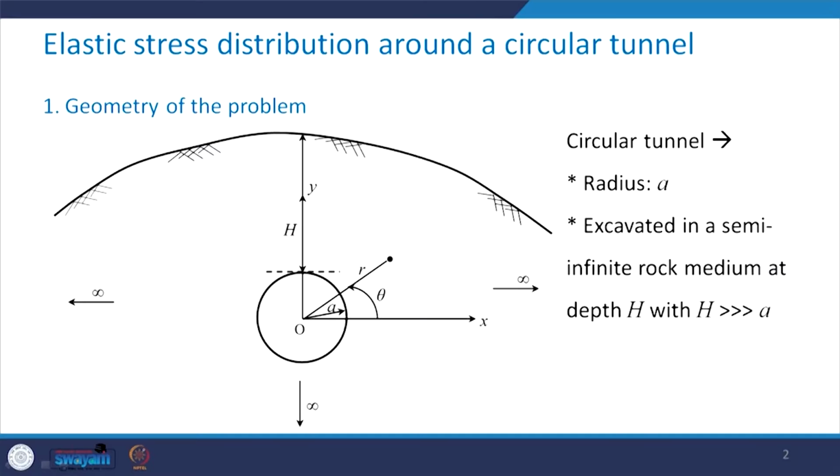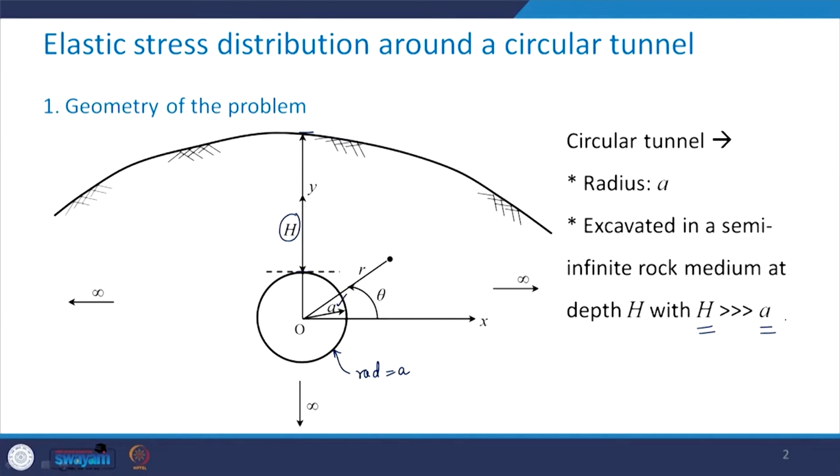To start with, look at this figure, and here you have this excavation in the form of a circular tunnel which has the radius equal to a. That has been shown here. This tunnel has been excavated in a semi-infinite rock medium at a depth h, which is the depth between this point and this point on the ground surface. You need to take a look here that this overburden depth is much larger than the radius of this circular